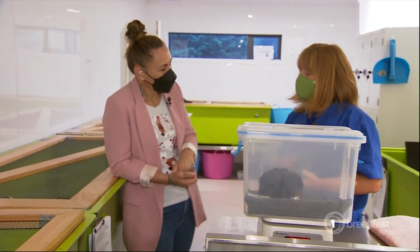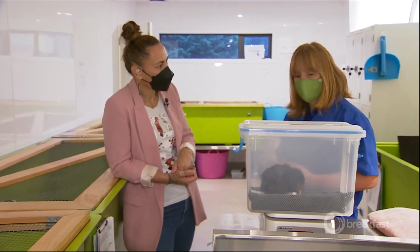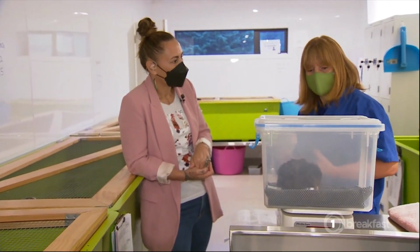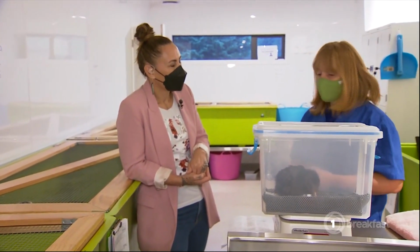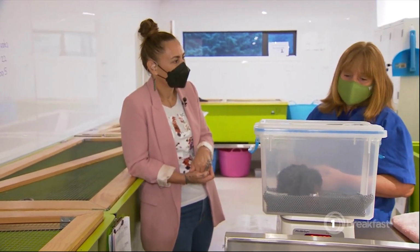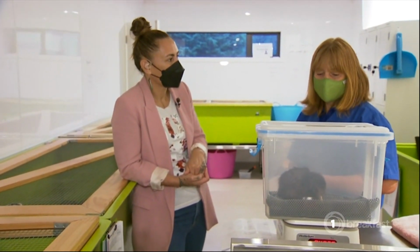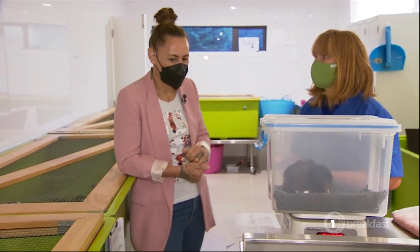So we will do a health check. And so we just need to check that everything's good to go, that their eyes are clear, that they've got good weight on them, that they've eaten well overnight, and they're really happy and healthy, because that's what we want to know before they go out into the wild. So we'll do that with Parakuihi a little bit later, and we'll also check the microchip. So they have got a microchip in them, so they have a permanent marker. And then we'll put them in the box ready to go for their journey today. It's a pretty big day for them. Yeah, it is a huge...